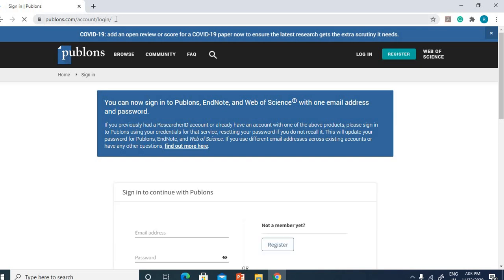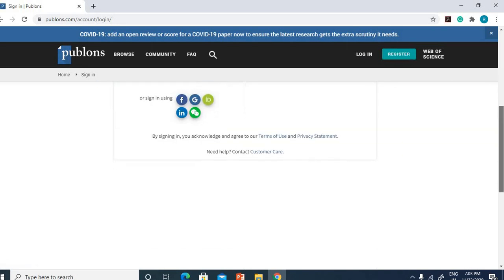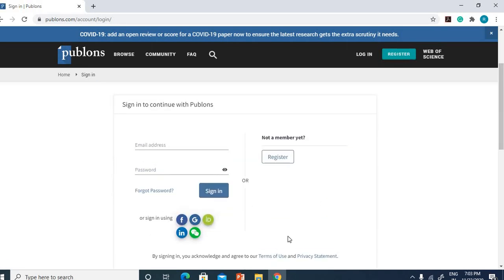Here you click on login, but login is not available directly. As I said earlier, if you have your Google Scholar account, then you can directly open it here. Or if you have a LinkedIn account, a WeChat account, or a Facebook account, you can click here.